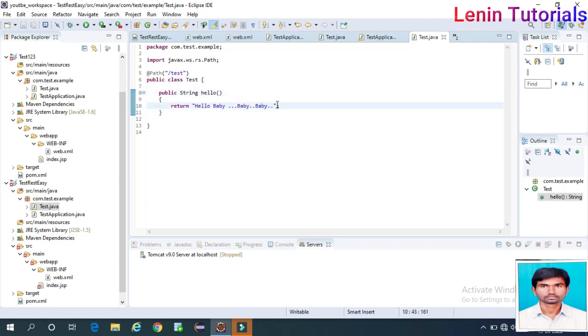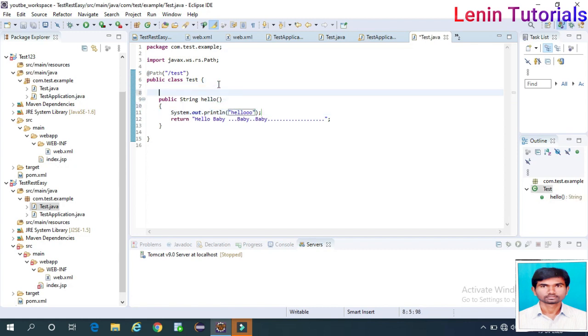Done. Okay. Done. I'm printing here System.out.println hello. Okay. Now I'm adding @Path here. Then what we need here is slash hello.